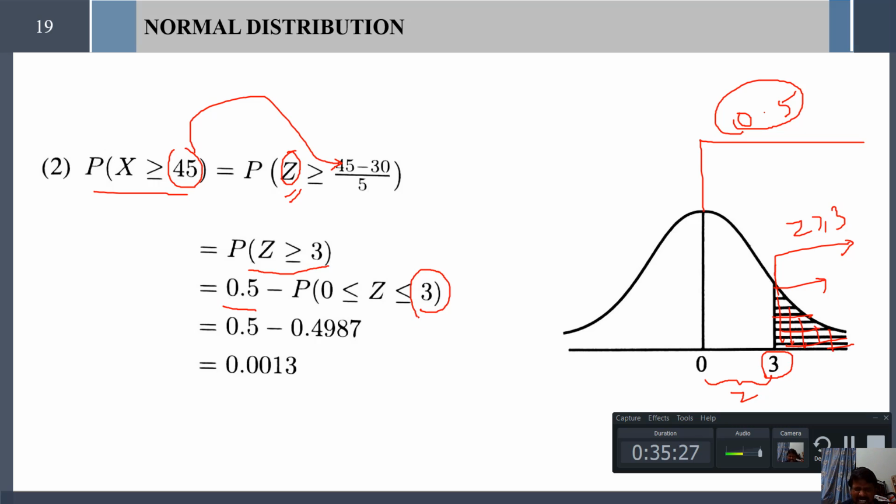As it is 3, not 0, it is an integer and has no decimal case. The second number will be your column value. So here this 3 is nothing but 3.0. This 3 is the row value. 3 indicates the row and 0 indicates the column. So the third row and 0th column is your normal area.